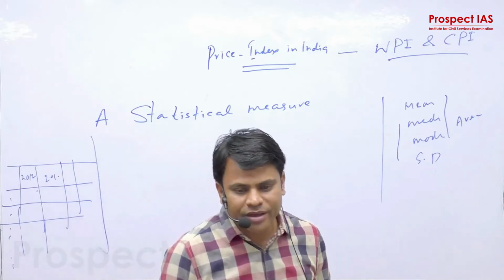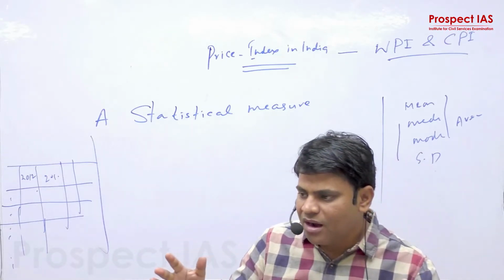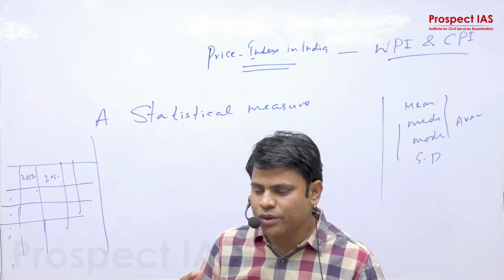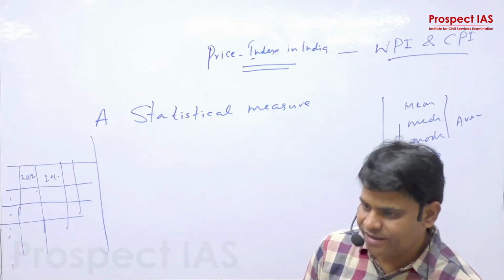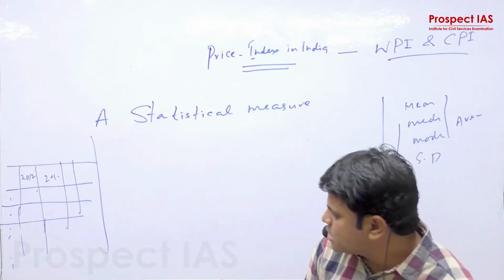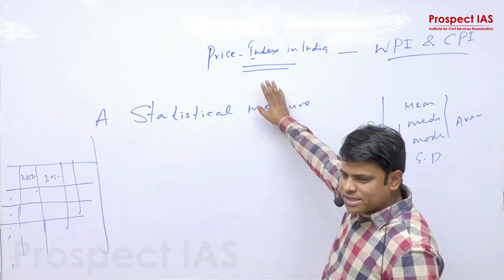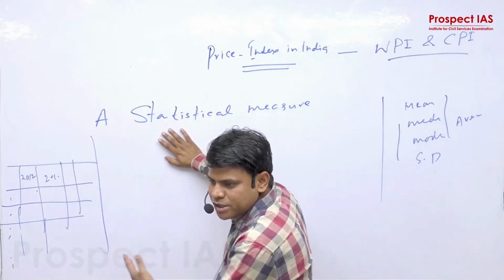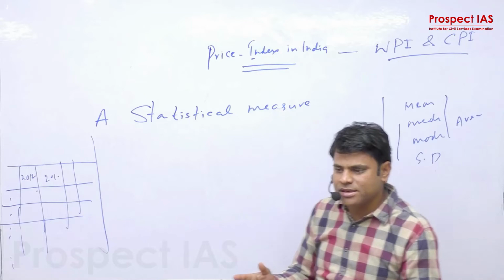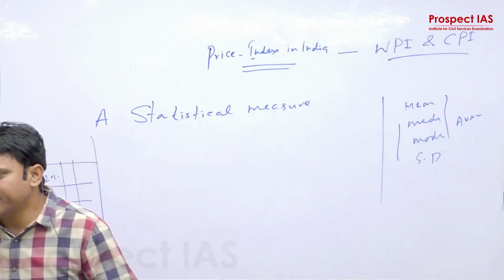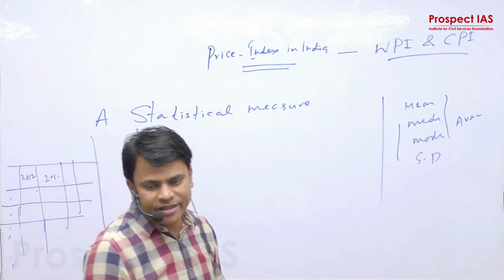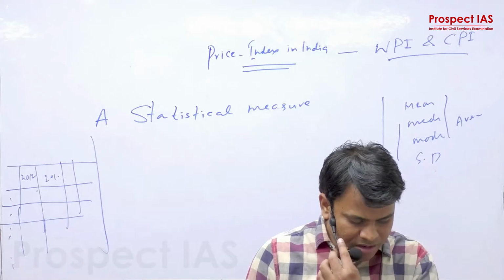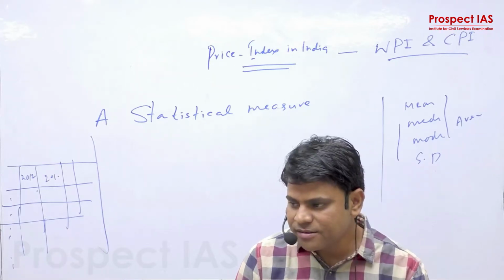So you have a very comprehensive table that gives you an idea whether price has increased or decreased over the past years, right? And this particular table is referred to as price index. So price index is nothing but a statistical measure in which we record the prices of goods and services for a period of time, right? So this is how you define the price index. Please write it down. Price index is a statistical measure